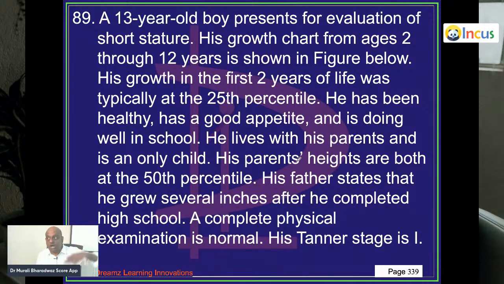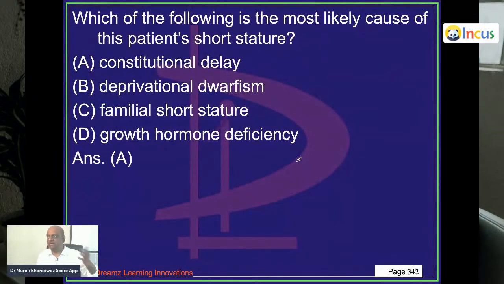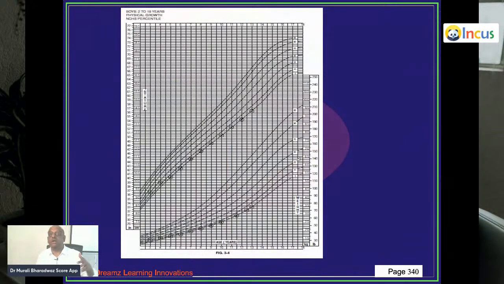13-year-old boy, short stature. His growth chart from age 2 to 12 years is shown in the figure. So his physical examination is normal. Tanner stage is 1. What is the likely cause? It's called constitutional delay. Constitutional delay is also called late bloomers. That means